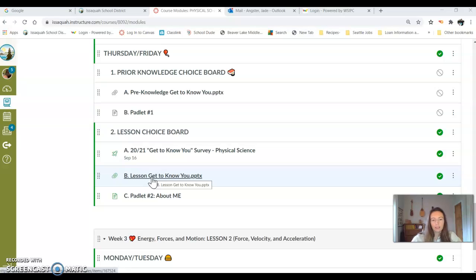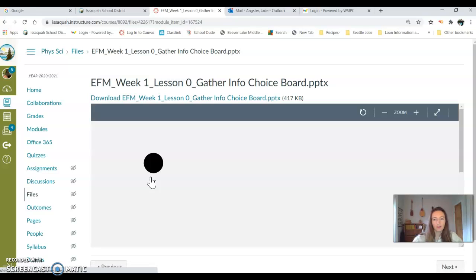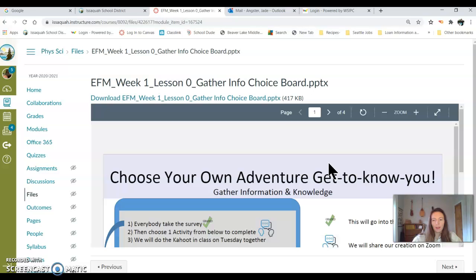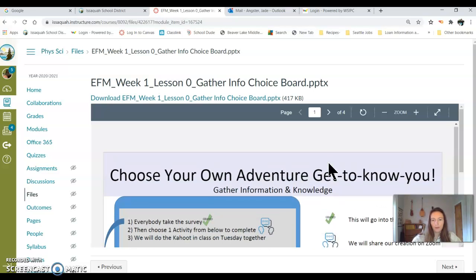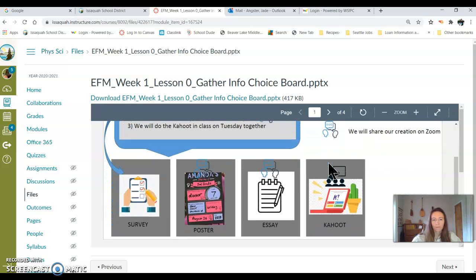And then the lesson Get to Know You is what we're working on today at the beginning, and then the Padlet number 2 about me. So you'll be posting your answer on the Padlet. So we're going to open the lesson Get to Know You, and then you will scroll down. So this is a choice menu. So the first